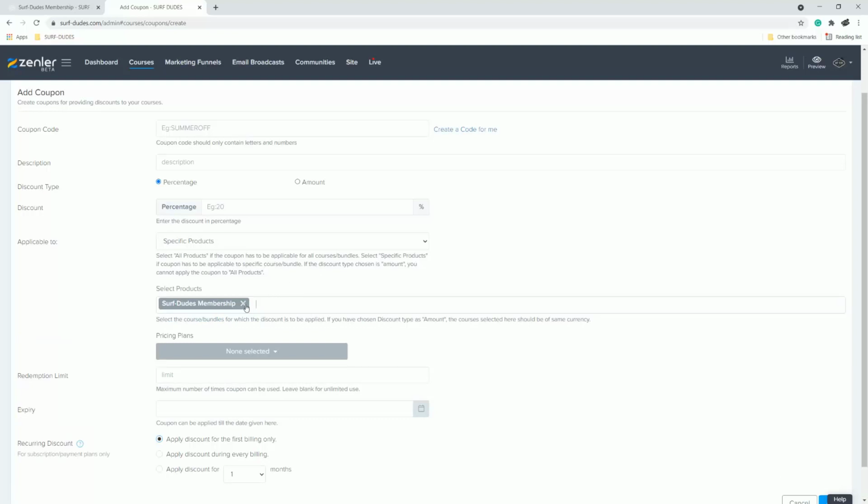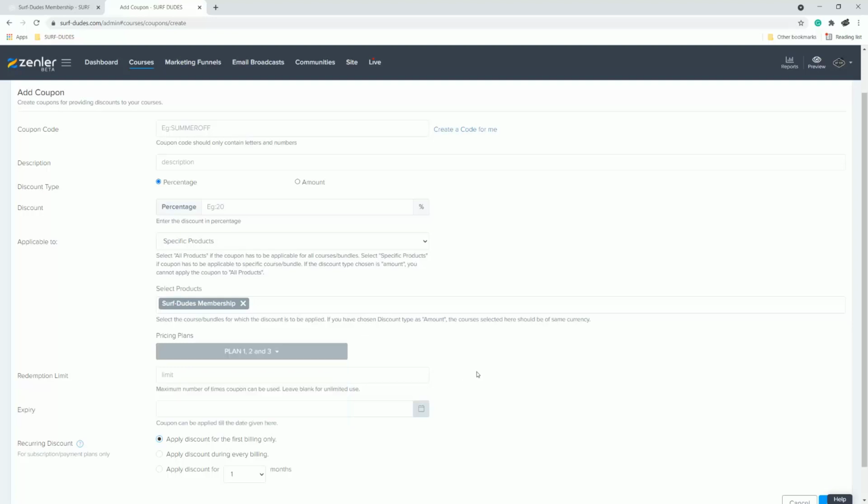Well, as soon as I select this specific product, you can see down here that the pricing plan has come up. So I can now select those. So in Anil's case, if when you created this coupon, you created it and you selected all of the tiers, then that coupon will apply to all of the tiers. But if you have only selected it to tier 1, for instance, then it will only apply to that particular